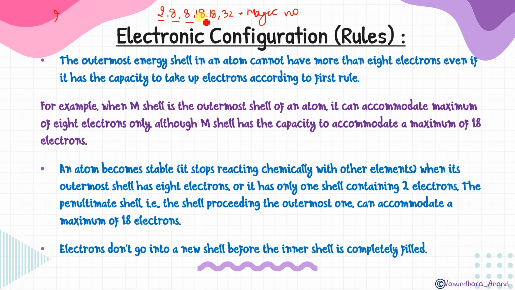Electrons do not go into a shell before the inner shell is completely filled. Until the inner shell is filled, electrons will not go to a new shell. This is quite clear. That means the K shell can accommodate a maximum of 2 electrons. So the first 2 electrons have to be filled in the K shell, and only then will the extra electrons go to the L shell, and similarly for M or for N. Yes,